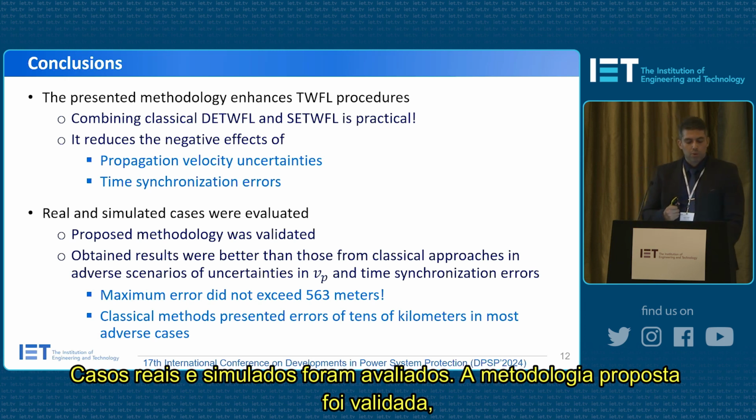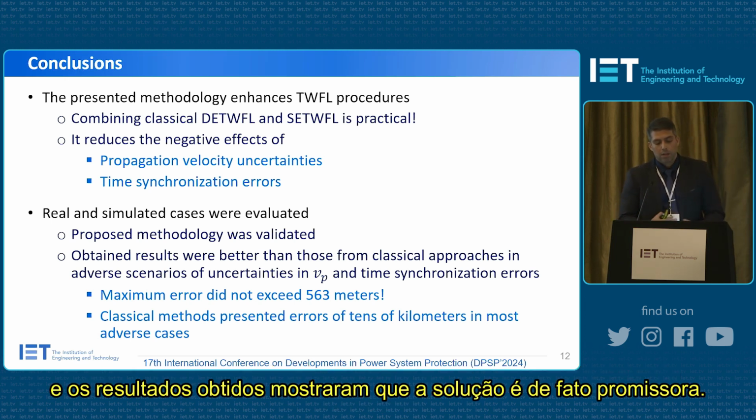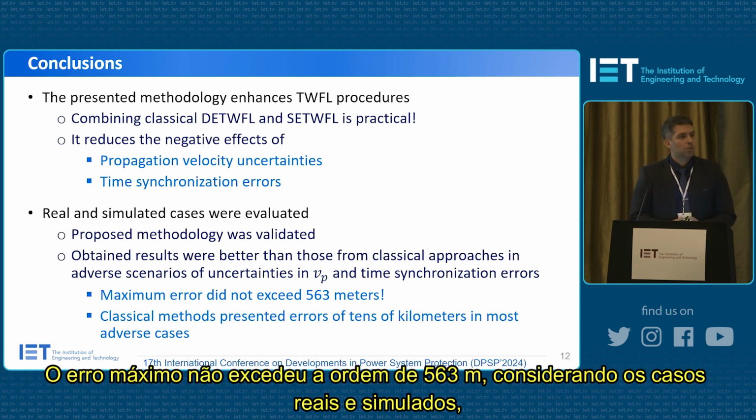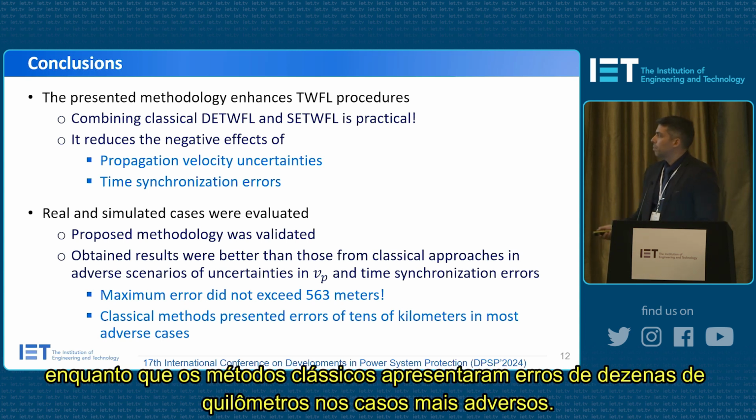Real and simulated cases were evaluated, the proposed methodology was validated, and the obtained results showed that the solution is indeed promising. The maximum error did not exceed 563 meters in both simulated and real cases, whereas the classical methods presented errors of tens of kilometers